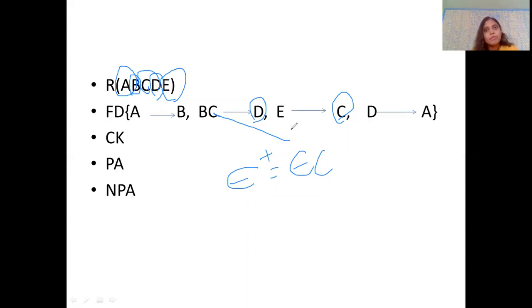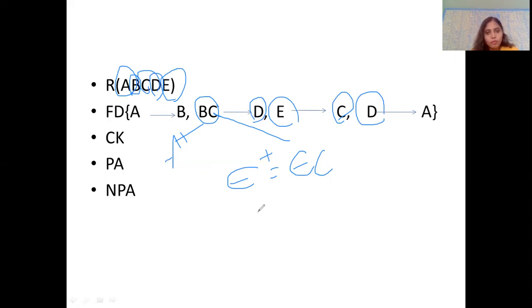This is the trick we can follow in an exam to find the candidate key. If you start from the beginning, take A closure, you definitely cannot find all the attributes. I'll check with BC closure together, I cannot find all the attributes. I'll check with E, I cannot find. I'll check with D, I cannot find. So it is a waste of time. The trick I can follow is to check the RHS. Whichever attribute is not there, I will take as part of my candidate key. Along with that, I will add the remaining attributes and try to see whether I'm able to get all the attributes. We can save time like that. That is why we can use this trick.